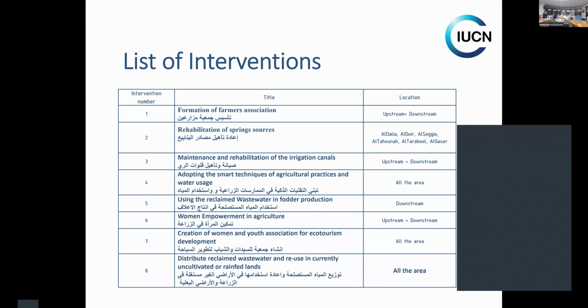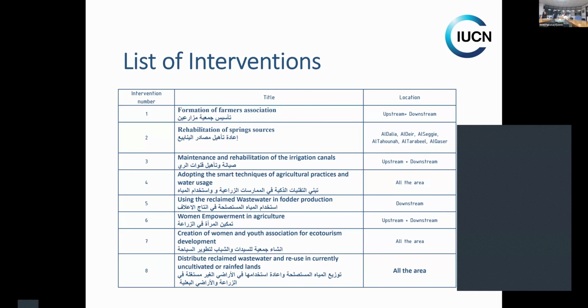And here, as we conducted many consultation meetings with main stakeholders from 3 ministries: Water and Irrigation, Agriculture, and the Ministry of Environment, also the mayor of Wadi Sir municipality and the local community and farmers, from both men and women. The proposed interventions came in this last format: firstly, formation of a farmers association,